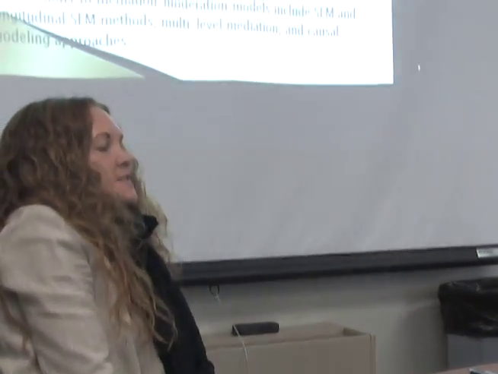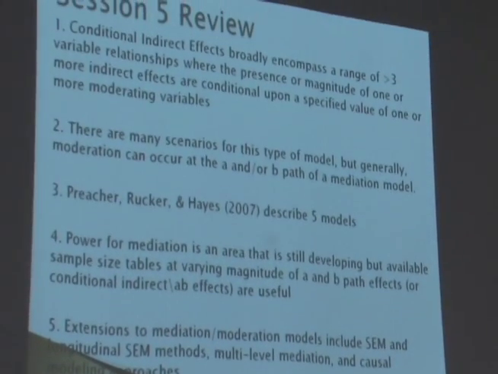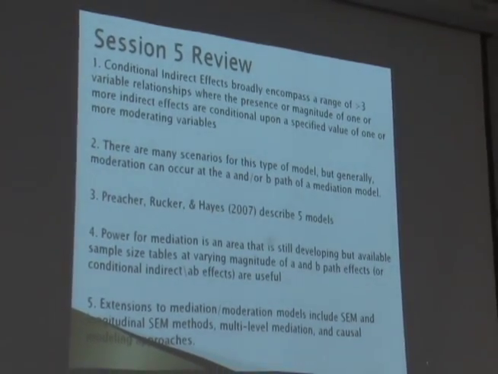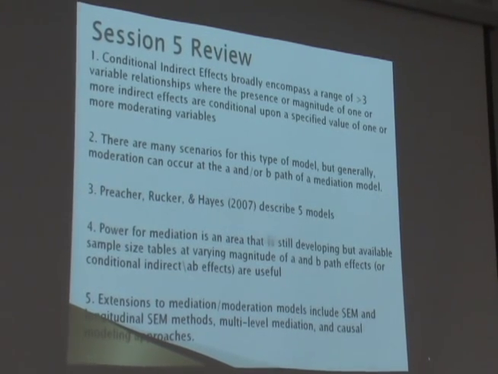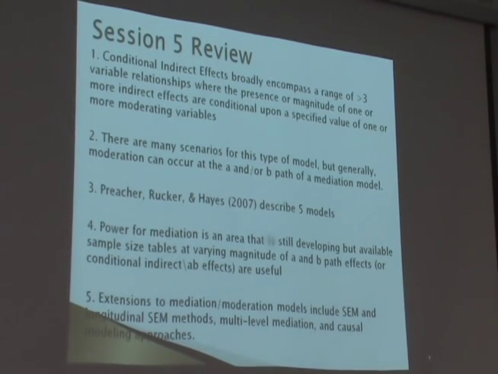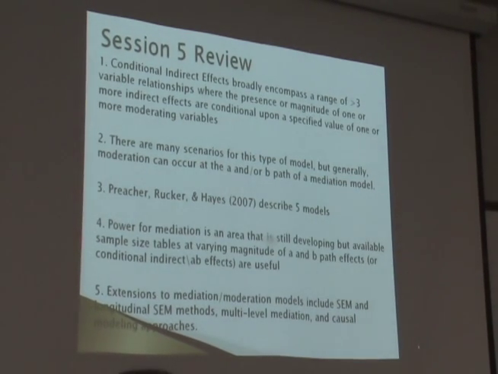All right, so in terms of last week, conditional indirect effects broadly encompass a range of greater than three variable relationships, where the presence or the magnitude of one or more of the indirect effects or the mediating effects are conditional upon a specified value of one or more moderators. So last week we talked about one moderator, but you could have more than one. Moderation at the A or the B path, two moderators at the A path or the B path, etc. There are many scenarios for this type of model, but generally moderation occurs at the A and or B path